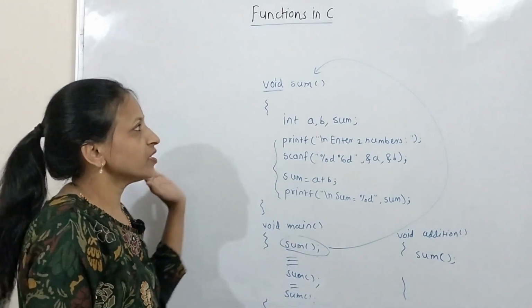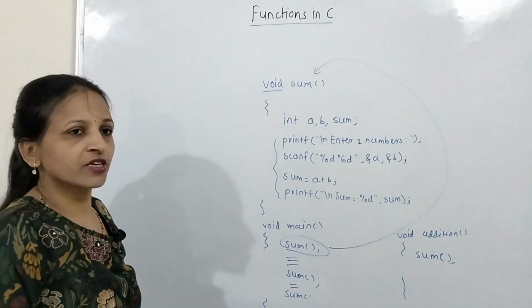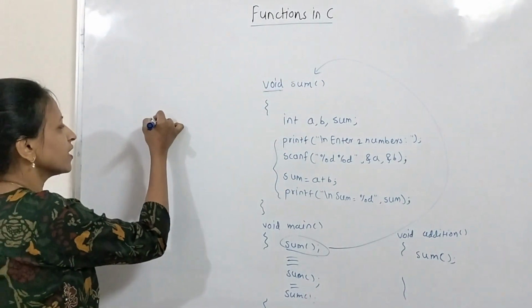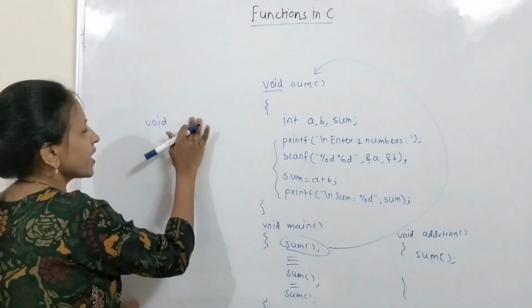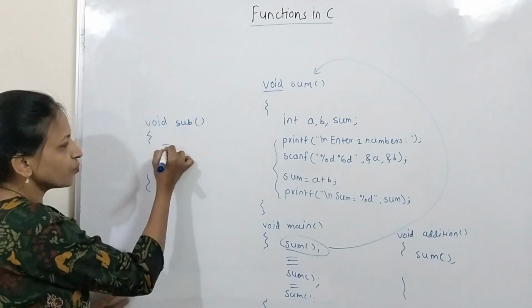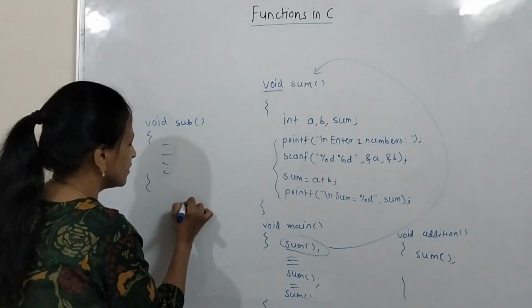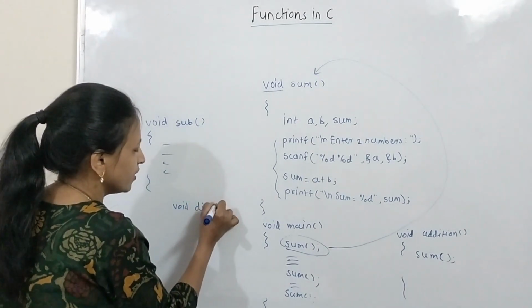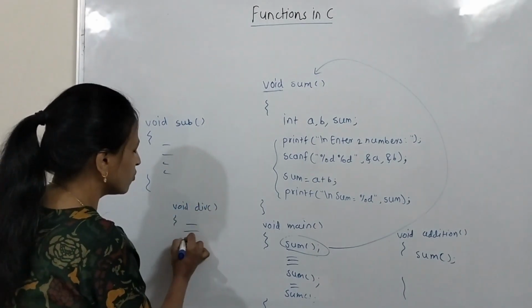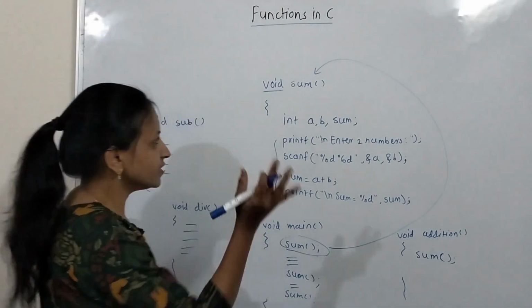We can write different functions for different tasks. For addition we have written this sum function. In the same way we can write void subtraction, sub, and we will write code for that. Again we can write one more function, that is void division, for div. In that way we can write one more multiplication function, and we can call all these functions from